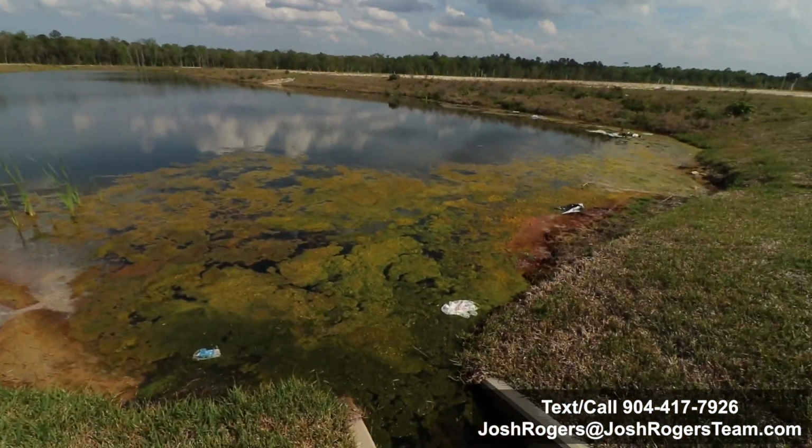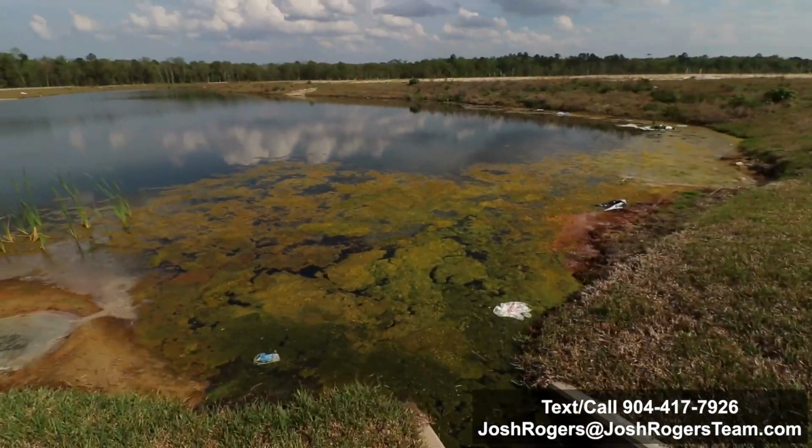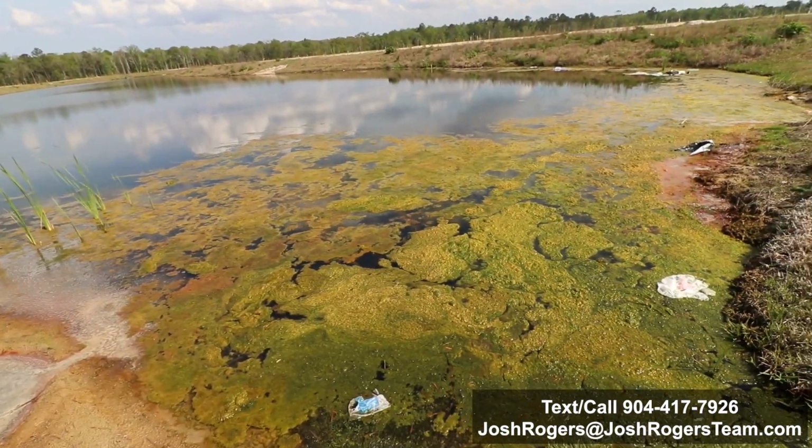I focus on new construction here in St. Johns County. This video is about man-made retention ponds here in Florida, what they can look like, and the pros and cons. So let's jump right into it. Interestingly enough, retention ponds like this